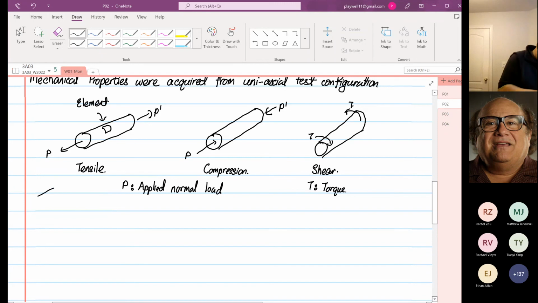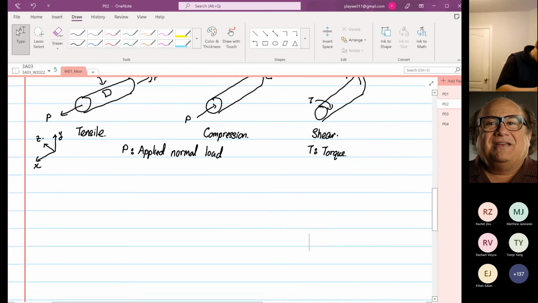I'm going to call this my X, this is my Y, and there's my Z. So we're going to have an element down here. This is my Y, and this is my X. And then when we draw an element,